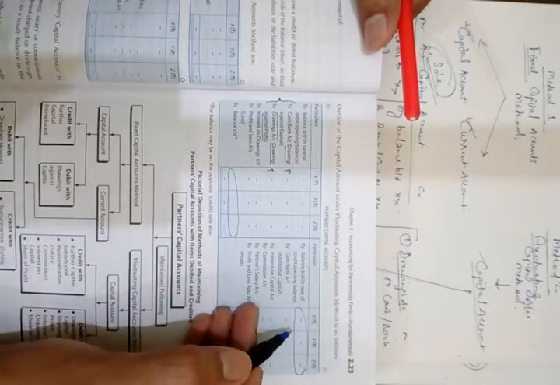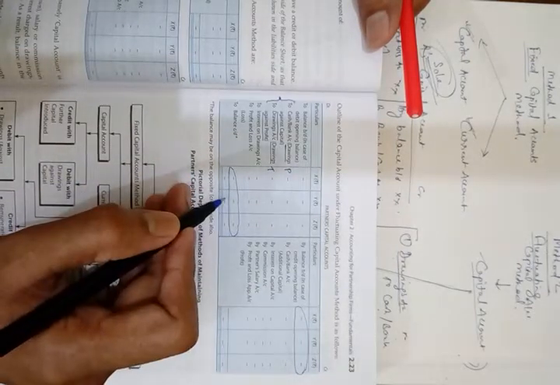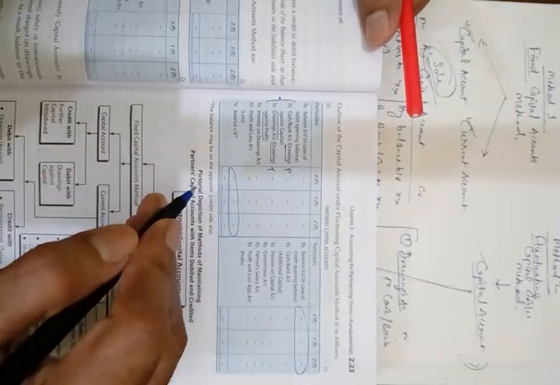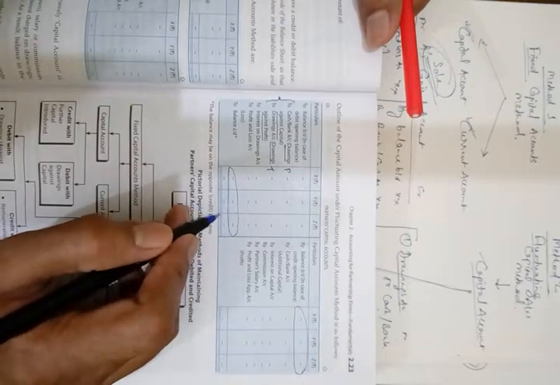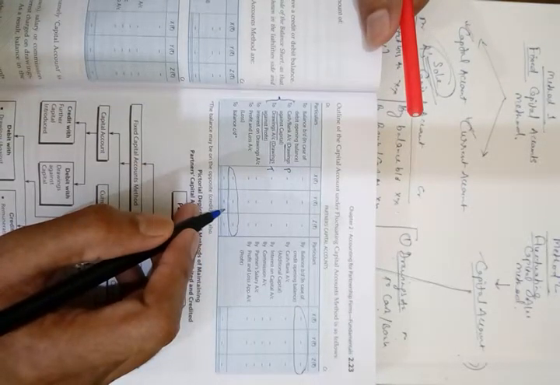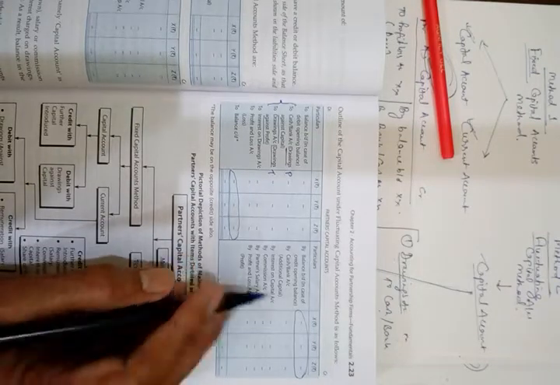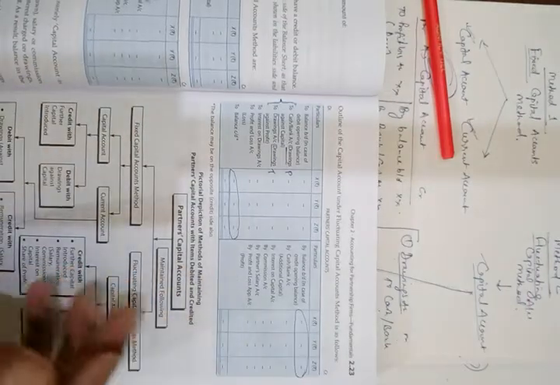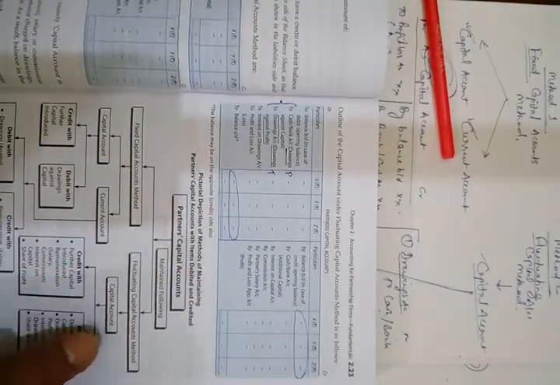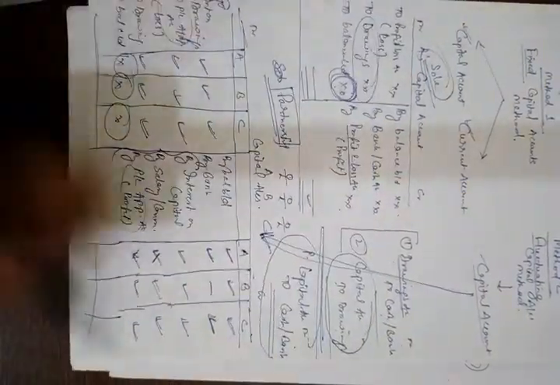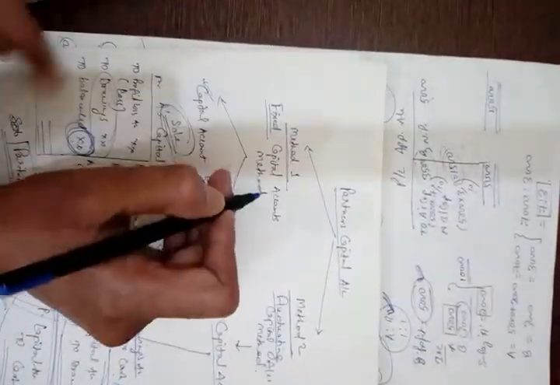So year by year this will be different. Every year this will be different, opening and closing. That is, the balances keep on fluctuating. And since the balances keep on fluctuating, therefore this method is known as fluctuating capital account method. So this is a very basic type of maintaining capital accounts of partners which we have learned, and this is known as fluctuating capital account method. Now come to the next method, and that method is fixed capital account method.